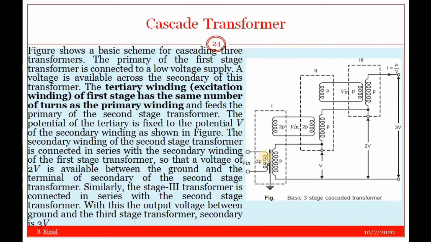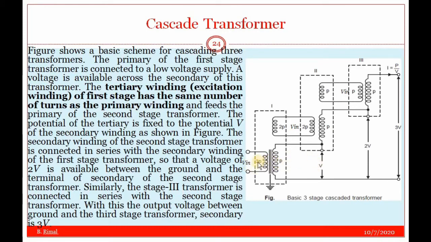Here in the first transformer you can see a primary winding, a secondary winding, and a tertiary winding. Similarly for the second test transformer, and for the third test transformer you can see only a primary and a secondary winding, not a tertiary winding. If we need full stage cascading, then it must have a tertiary winding so that it is connected to the fourth one. If we give the input voltage Vin to the first test transformer, this will induce a voltage V